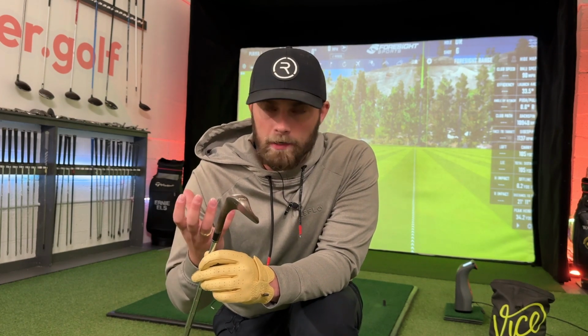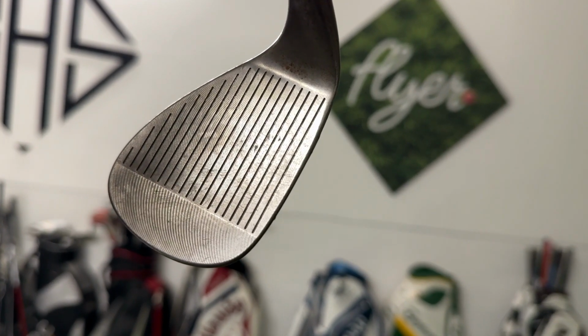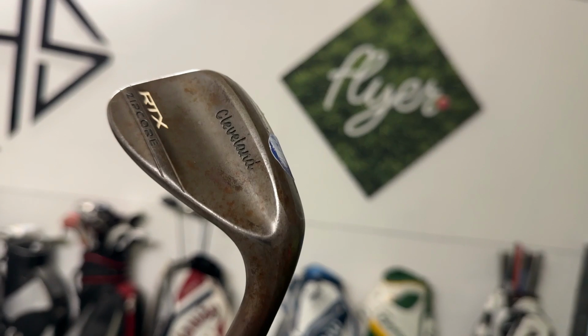Which when buying second-hand wedges and you're not quite sure what you're after, full is for that steeper angle of attack, more forgiveness. Low being that very versatile from high lofted clubs to get underneath it, high floaty shots around the green for more advanced players. And then obviously the mid, which is between the two, being able to give you that kind of versatility. But for a lot of you mid to high handicappers that play incredibly wet golf courses, full is definitely what